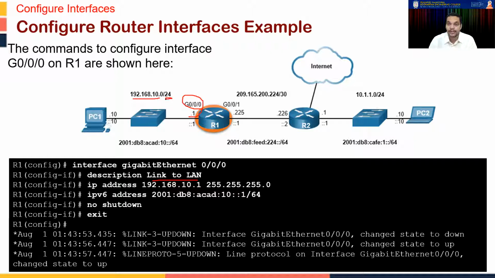We will discuss this prefix length in our next module, which is very, very important: how do you analyze IP addresses, what are the different types of IP addresses, and also how to do the subnetting of IP addresses. That's very important, not just here, for CCNA 2 and CCNA 3 also, you have to understand that. So this subnet mask, I got it from this particular prefix 24. So I type in the subnet mask. Unless you type in the subnet mask along with the IP address, it does not have any value. Your system does not understand how to interpret it. It does not know what is the network portion and what is the host portion.